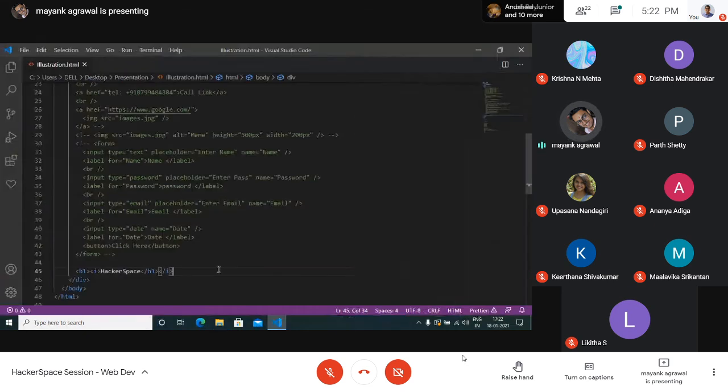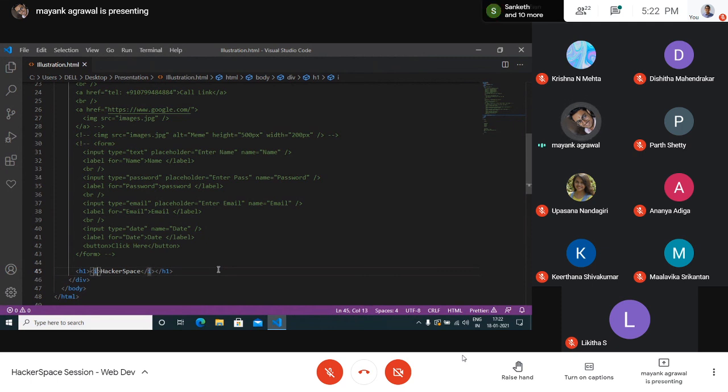Okay, yeah, whatever it is. So it's not permitted to write something like this, because you need to keep in mind whatever is opened first needs to be closed at the end. It might be working here because it's italics and these are just styling tags. That's why it is working maybe.